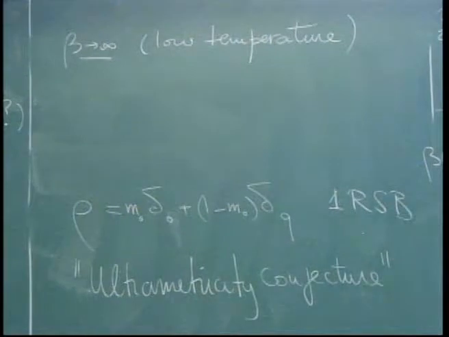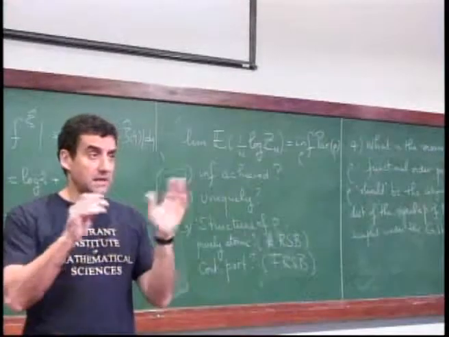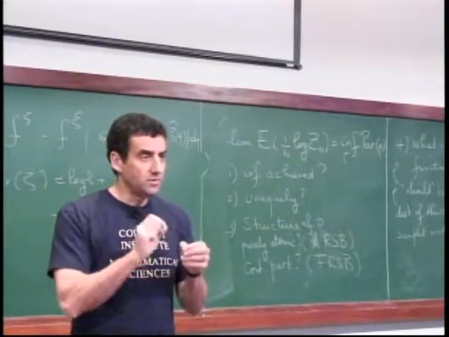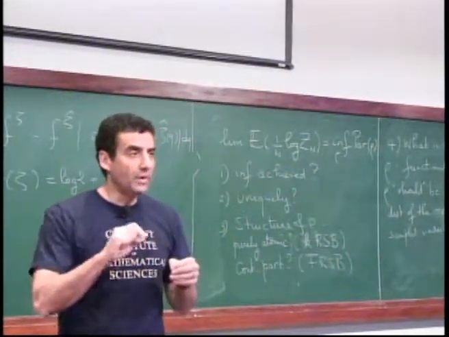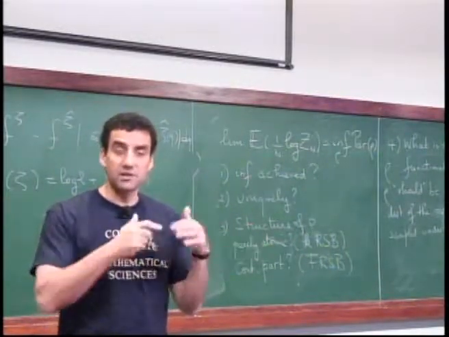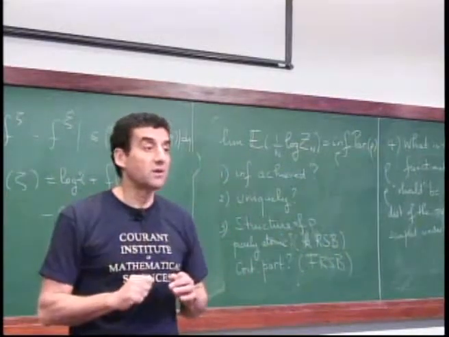But a few things are known, and I will tell you some very good cases where we know things there. But what is expected by the physicists is the following. If you take the Sherrington-Kirkpatrick model, let's say with no magnetic field, you should go from a region of high temperature, then there is a critical value of the temperature, below which you would have full replica symmetry breaking. Full. That is, this rho has a continuous part, which means